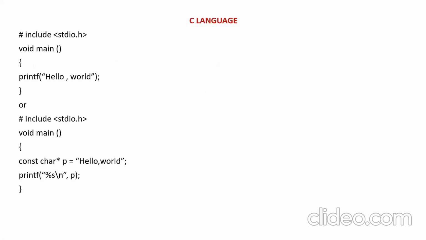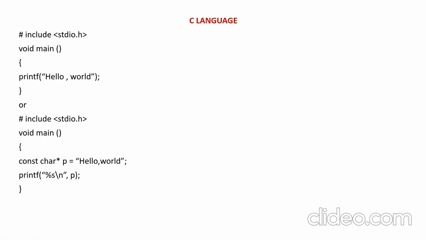So Hello World. This is your C language. Here we have the syntax #include <stdio.h>. Those who are familiar with the C language from 11th or 12th know this is called a pre-processor directive. That means you are giving a command to the compiler to include this header file's functions into this particular program. Only if you give this stdio.h can you use the functions associated with stdio.h.